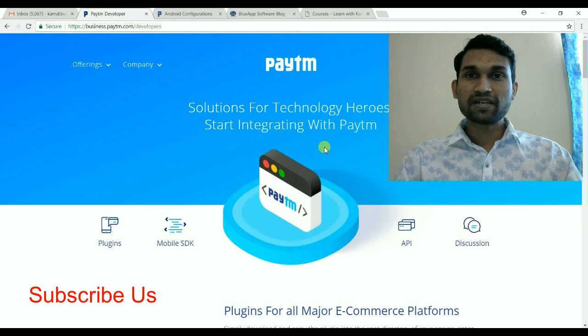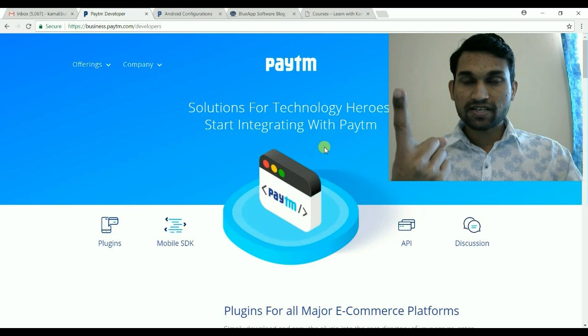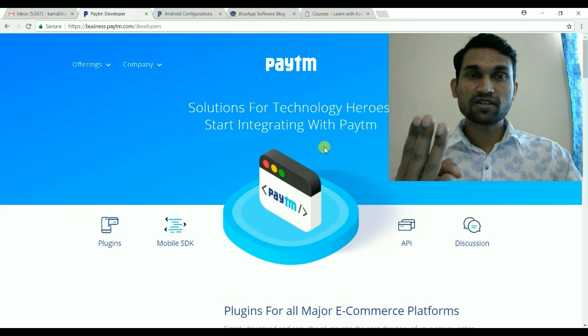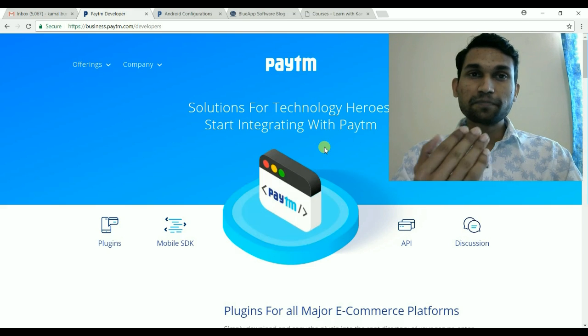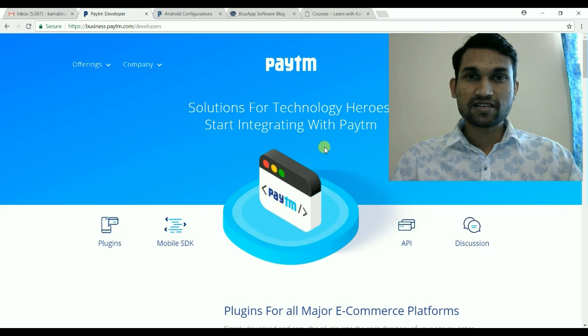Paytm has a very easy method to integrate a payment gateway on an Android device or even in web services. The basic four-step process for Paytm is: first step is add dependency on the Gradle file. Second is add or upload your checksum file on your web server. Third is call the checksum files that you uploaded on your server, and the fourth is call the Paytm transaction service. That's it. All the files are already available in the Paytm documentation.